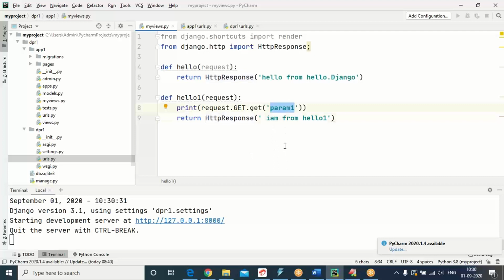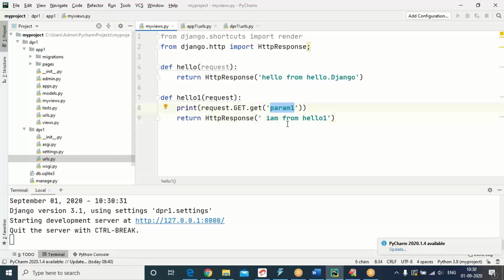Param1 value. We are trying to read it. What is this get? It is an HTTP method type. This is the method, that is the function, which we are using to read param1. What is this param1?